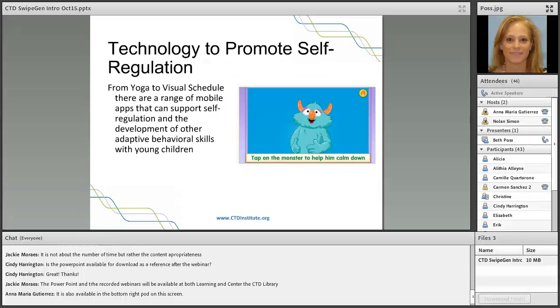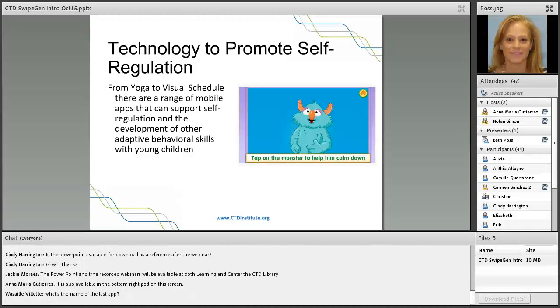So again, looking at gross and fine motor. Technology to promote self-regulation. So again, yoga, visual schedule apps, there's just a whole range of them. The one that you're seeing the image of there is a Sesame Street app that is really adorable and delightful. It's called Breathe, Think, Do with Sesame Street, but I'm actually going to show you